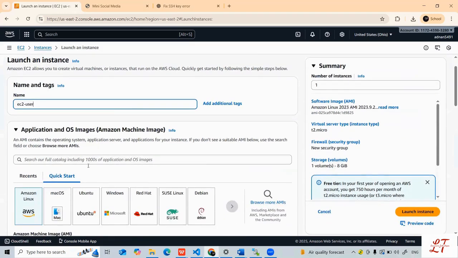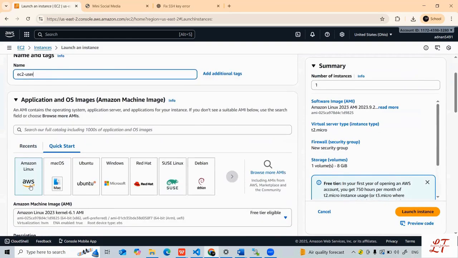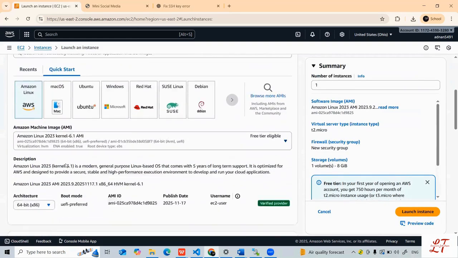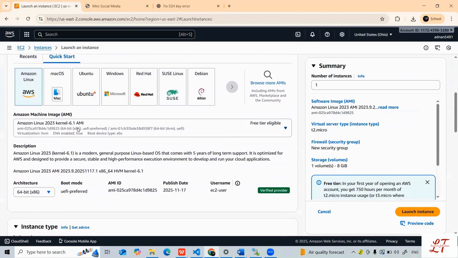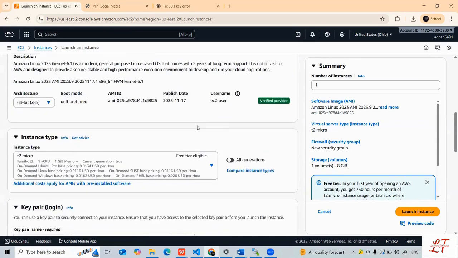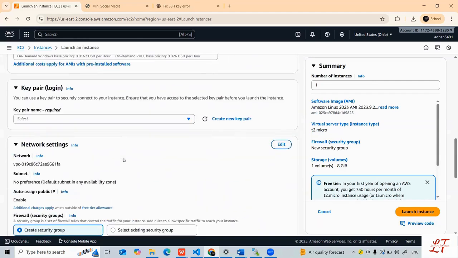After that, the operating system that I'm going to use is Amazon Linux, Amazon Linux 2023 kernel 6.1 AMI, and the instance type that I'm going to select is t2.micro, because t2.micro is a free tier eligible version that we can use.